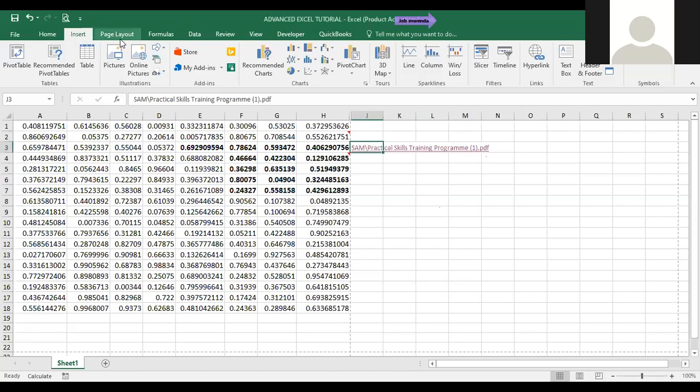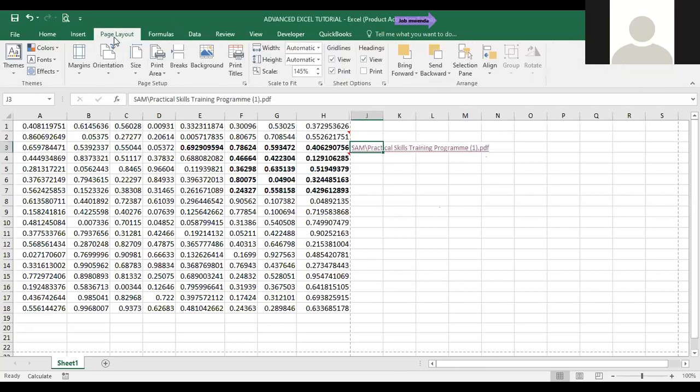Now, we have a page layout tab over here, and the page layout tab is the one that is going to assist you in terms of themes group. It's going to assist you in terms of